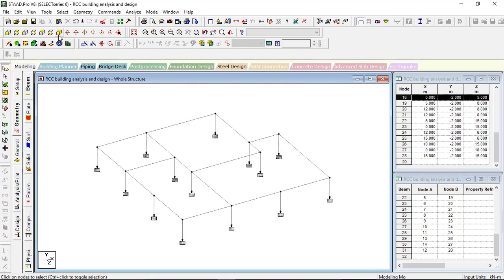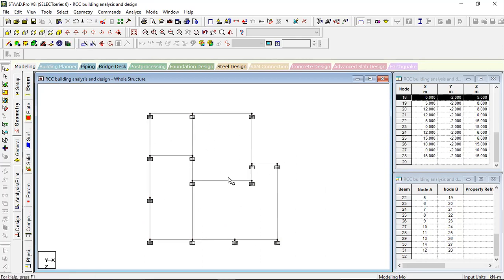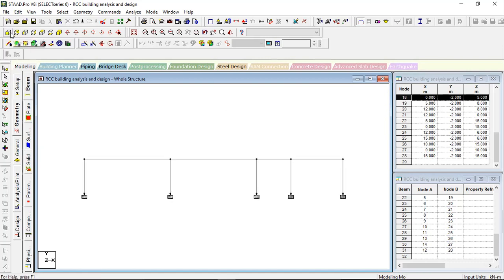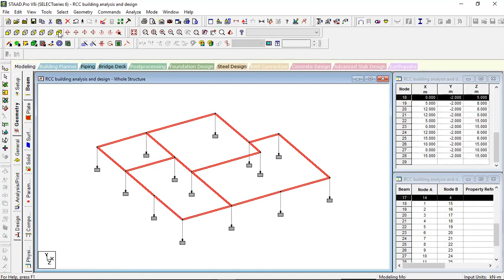Now I will view the structure from top, plus y direction. Now I need to bring the structure in y direction. I need to copy the first floor and second floor. For that I will go for beam cursor, view it from z direction, and select all the top floor beams like this. See, all the nodes. Suppose you don't want to bring this wall, then you can avoid it just like this. If you don't want to bring them at the top, you can hide them, but now I'm considering them.